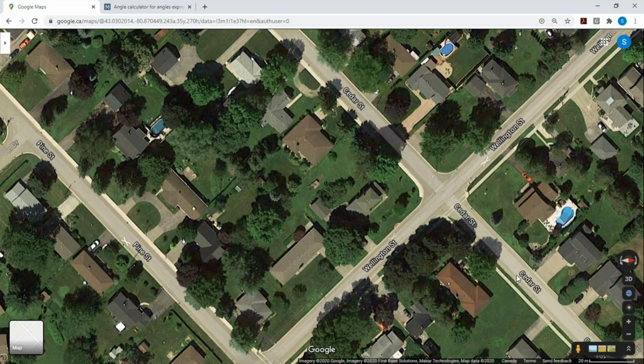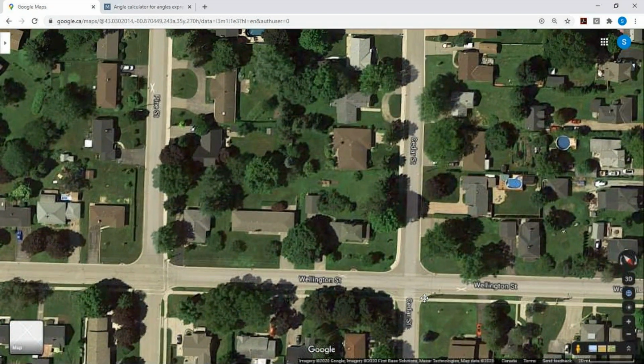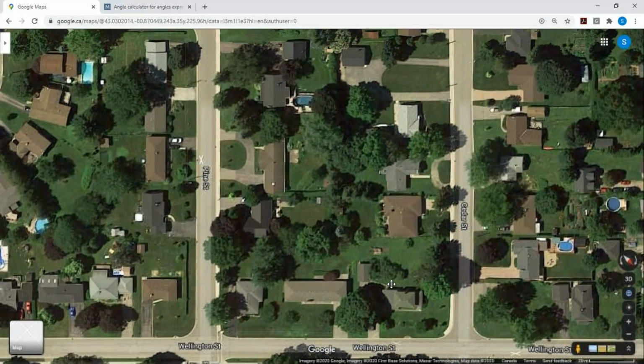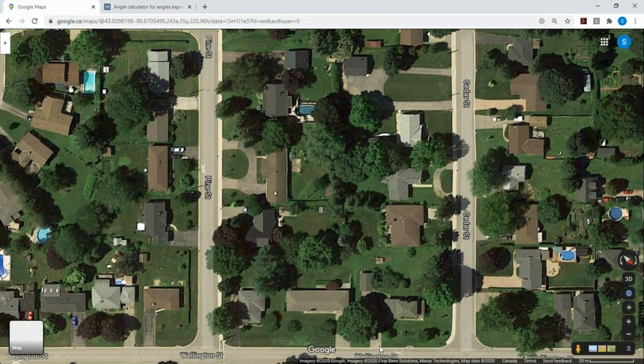However, a little tip here: if you hold down the Control key and then slide your mouse, you can rotate at any angle you want. So I'm holding down the Control key, moving my mouse in this case towards the left. I'll let go of the Control key and I'm just going to drag the image down, because what I want to do is get the image to be as square as I possibly can to that road